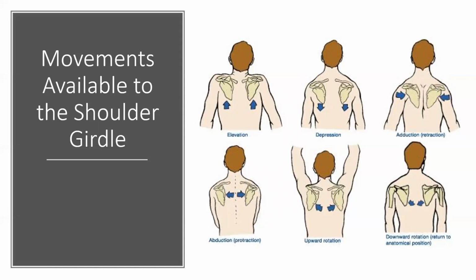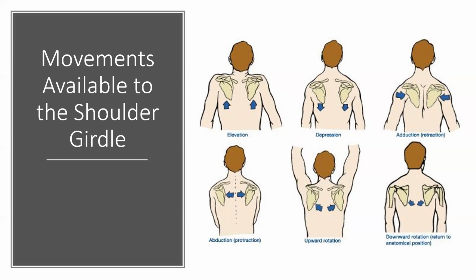The opposite of retraction is scapular abduction or protraction, where the scapulae move laterally and further away from the spine. So the medial borders are moving around, the scapulae are moving towards the anterior aspect of the thorax, rotating